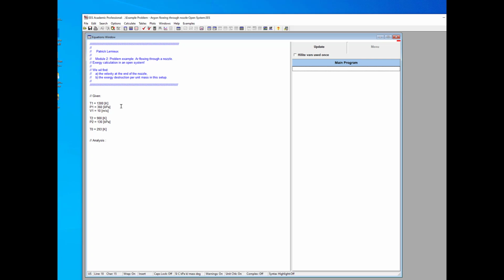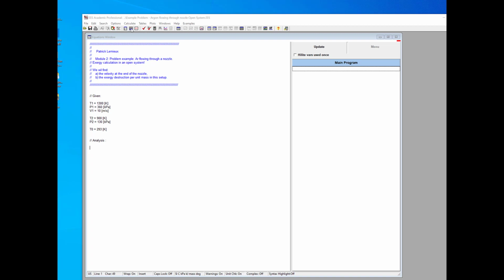The analysis asks for, let's see, finding the specific heat at constant pressure. And so we need to figure this out for argon. How do we do that? Well, in EES, when you're not sure what function gives you something, you go to the function information button, which